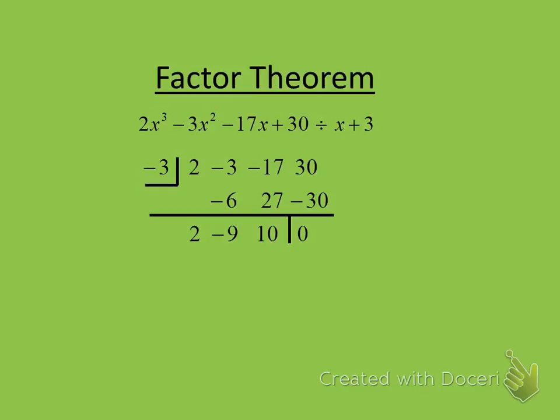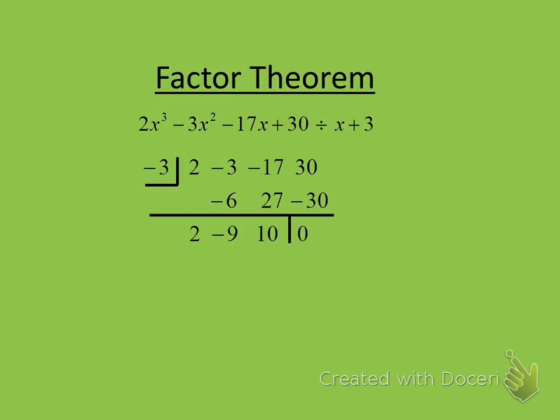Expand on that to polynomials now. The binomial x plus 3, when you divide it into 2x cubed minus 3x squared minus 17x plus 30, gives you a remainder of 0, which tells you that that binomial divides the polynomial evenly. You have to change your logic here. You're not just doing nice numbers. You're doing polynomials now. Since it divides it evenly,